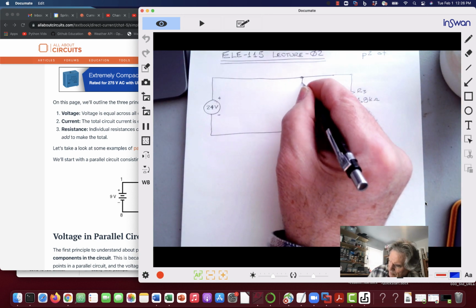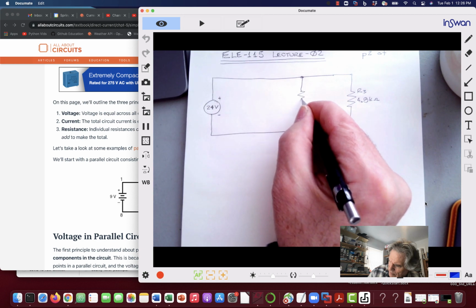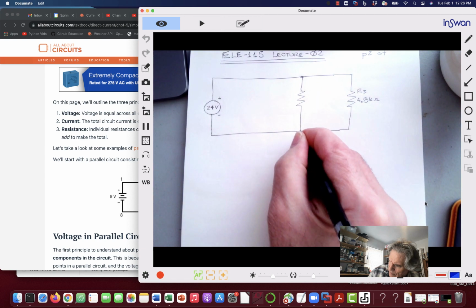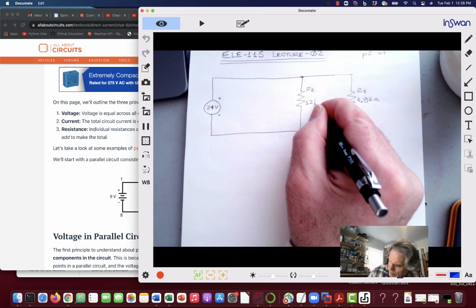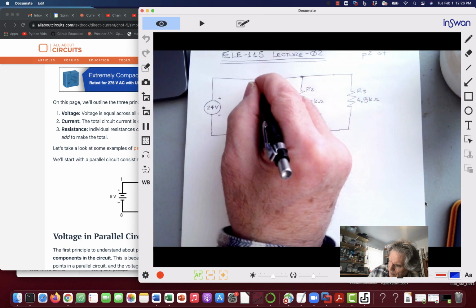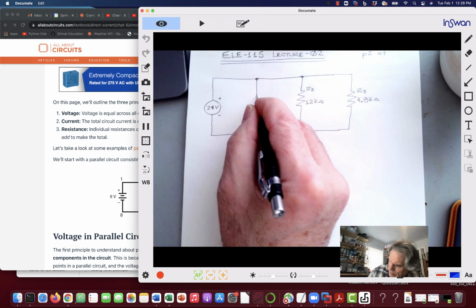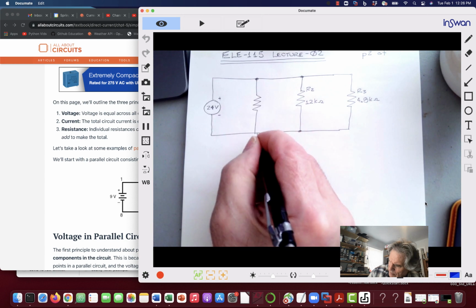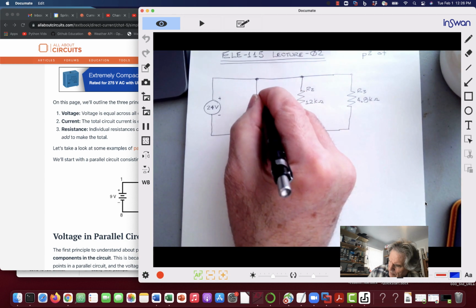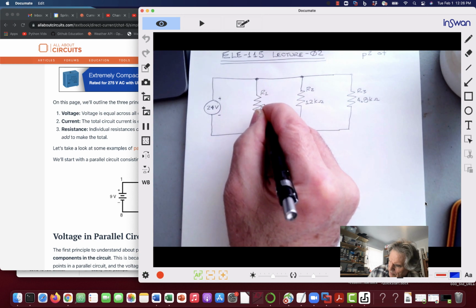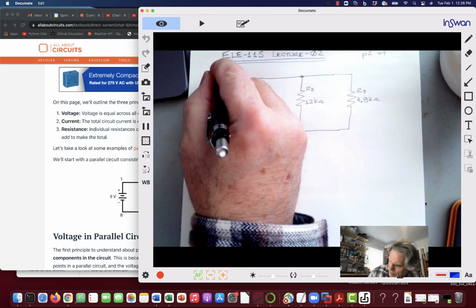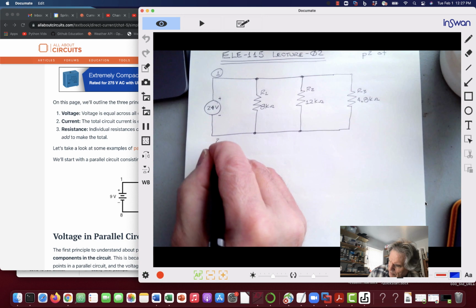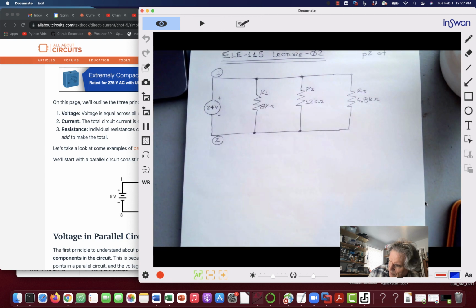We have R2, which is 12 k ohms. And then we have R1, which is 8 k ohms. And of course we have our 2 nodes here. This is node 1, this is node 2. Some people use letters for nodes. So now